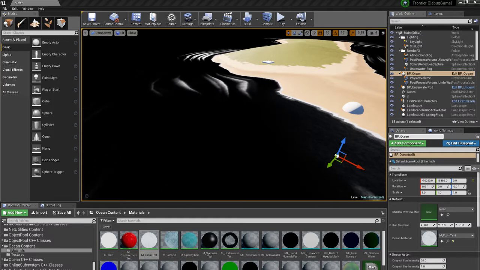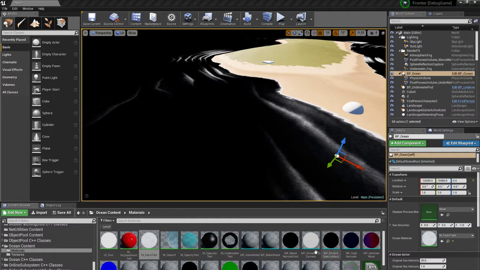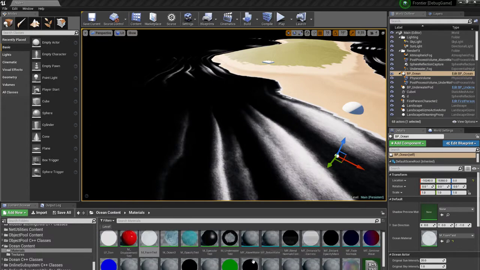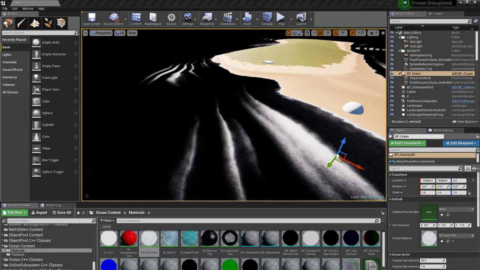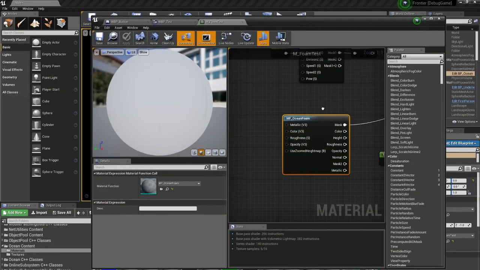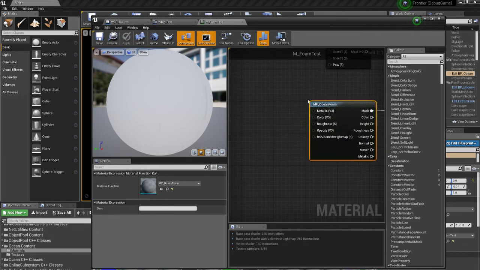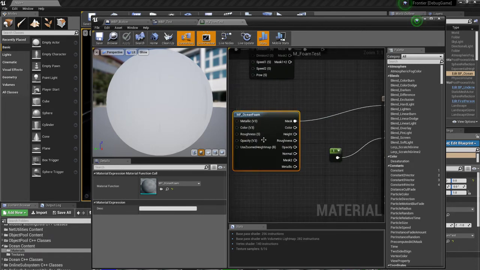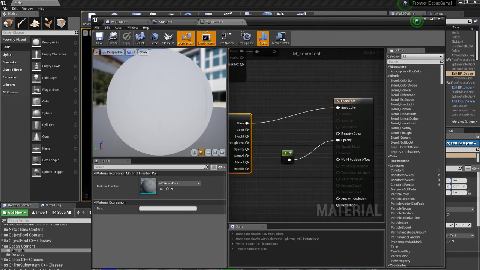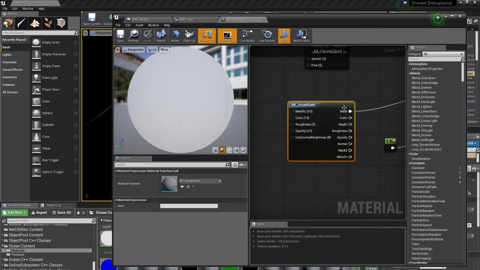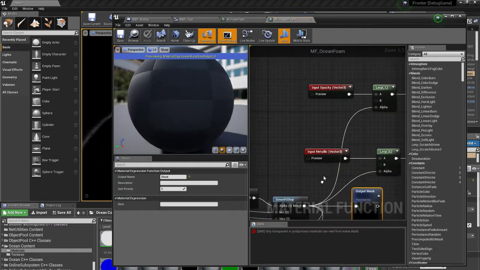So I've made a material function called ocean foam, which handles all of it. You pipe in your colour, roughness and so on, and it filters it all in that function and outputs the final result. So if we go into that and have a look,